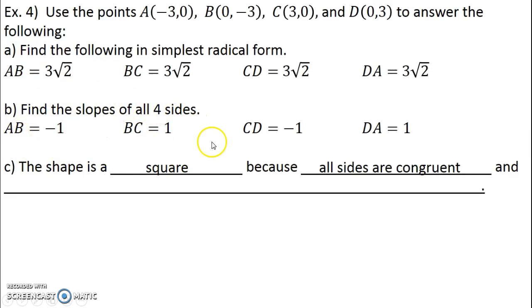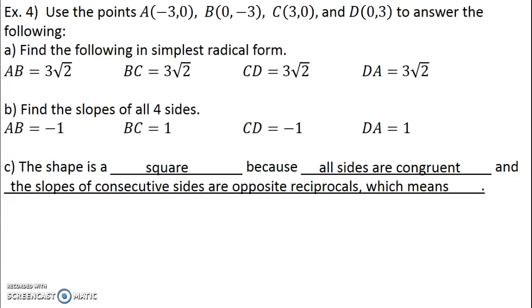So I see here a -1 and a +1. Those are opposite reciprocals. 1 over 1 flips over and it's equal to 1 over 1. And I see a positive number and a negative number. The fact that you have consecutive